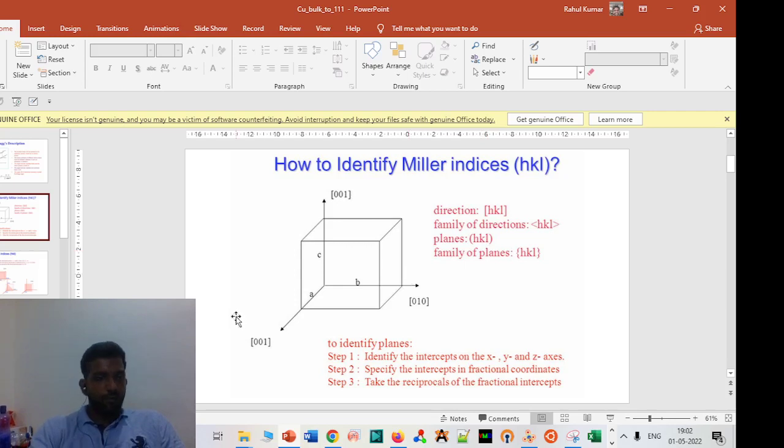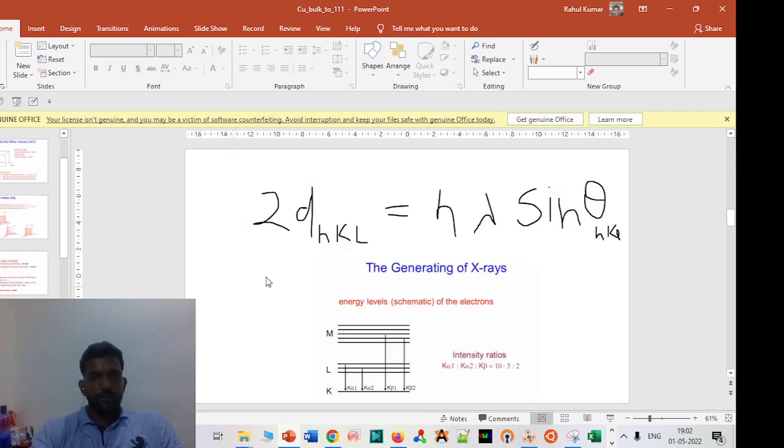And the other information I would like to share is this is 2d hkl. This is the spacing between two consecutive planes. If I use this, n is basically the order of reflection. It can be 1, it can be 2, depending on which type of plane you are using. This sine theta is like the Bragg angle, and in XRD, whenever you see the peak,